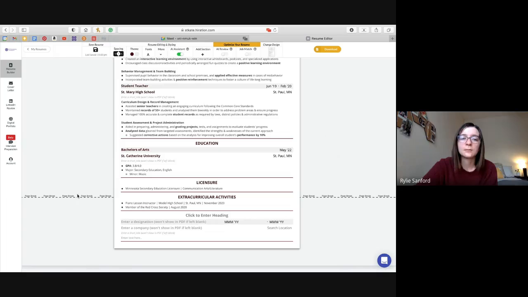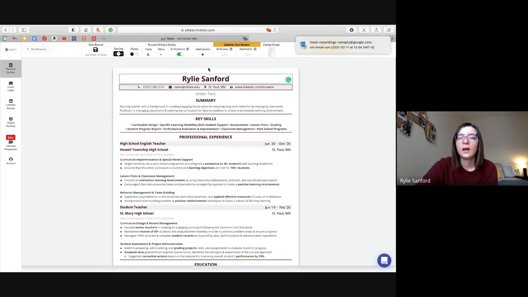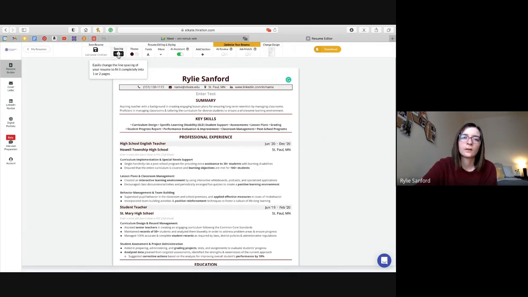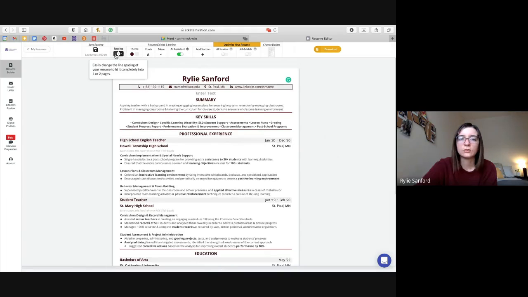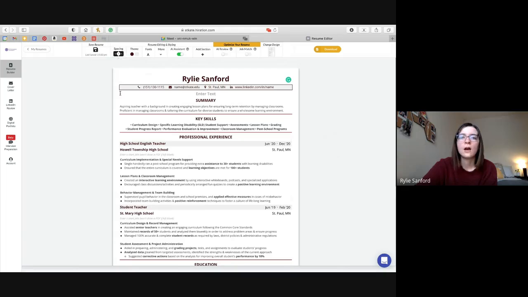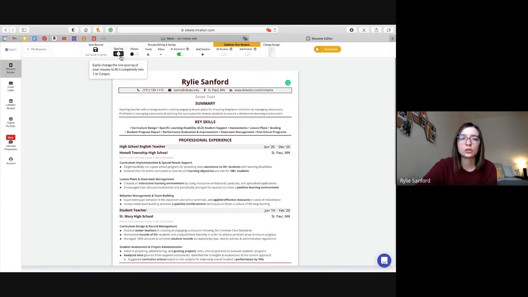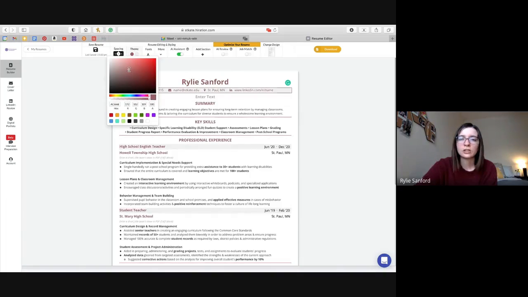It is important to note where the page break section is, just for formatting reasons when you convert it to a PDF. You also have the option to change the spacing. To decrease it, just click the down arrow. To increase it, you click the up arrow. The recommended spacing that they say is the best is 4, but do what works best for you. Also, there are different theme colors that you can switch. You go over here and it changes the color of your resume.